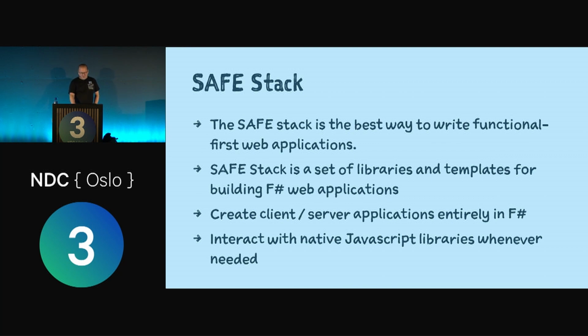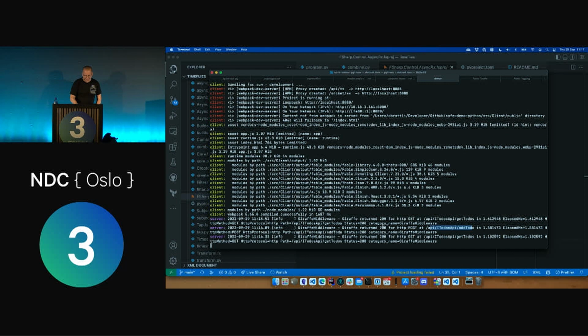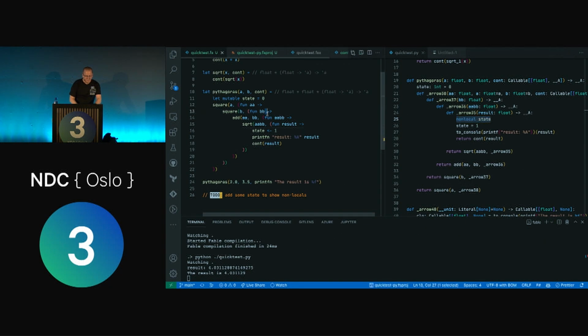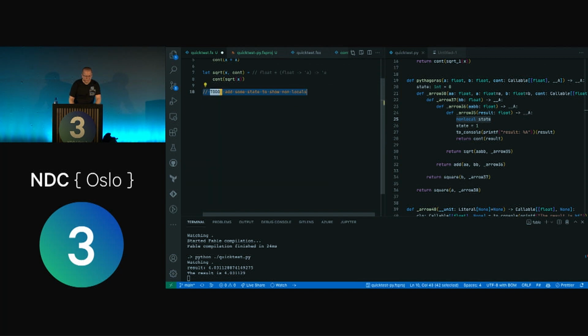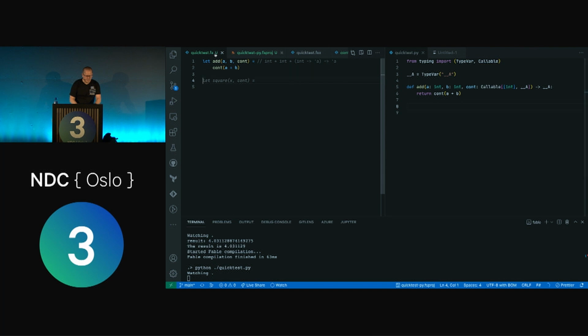So yeah, we have looked at SAFE Stack. And we have some bindings here. I will show it just super quick how we can use these bindings, quick test. So this was something Alfonso made a few days ago. And bindings have been quite hard to make in